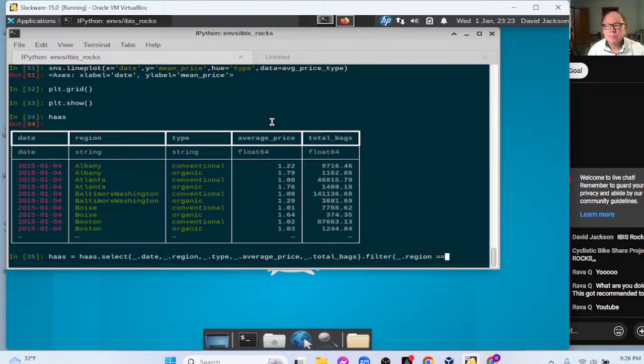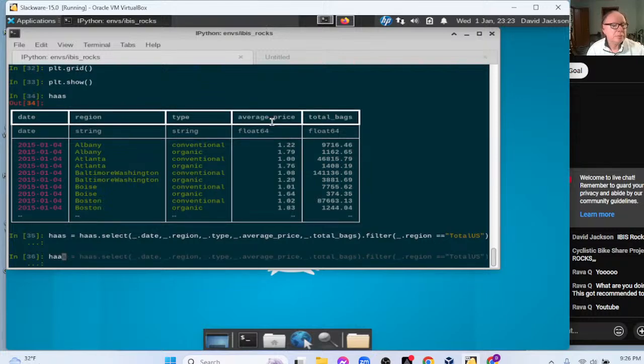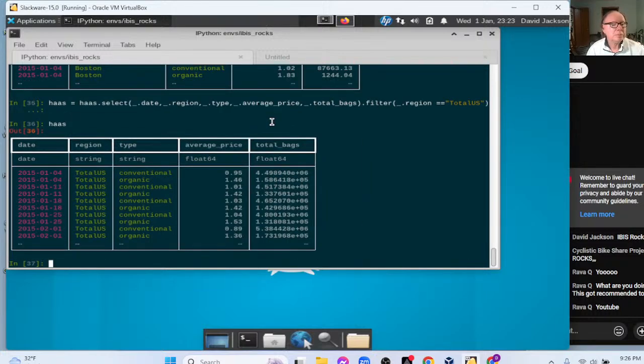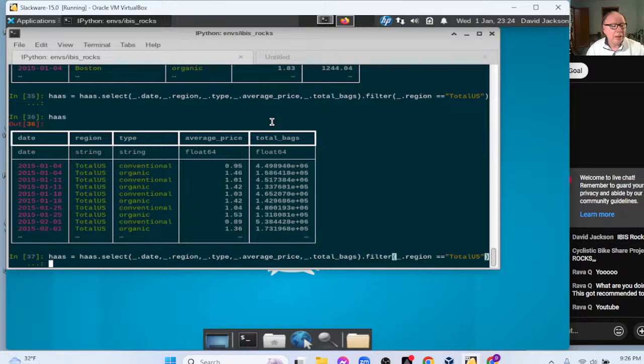So let's try filter, comma, underscore, period. So let's see if this works. Okay. So what we can actually do here, we'll get a little funky. We'll just come back up and recreate the code again.